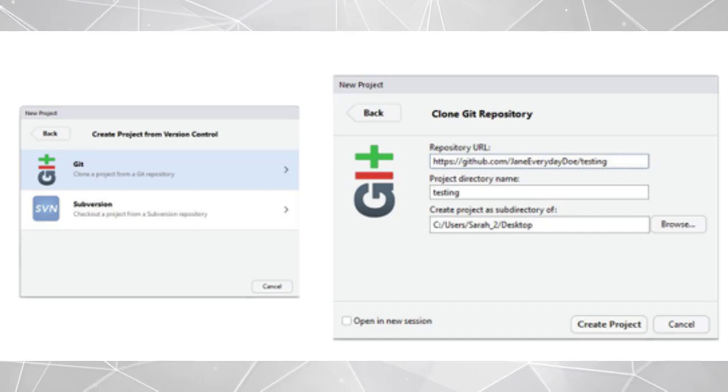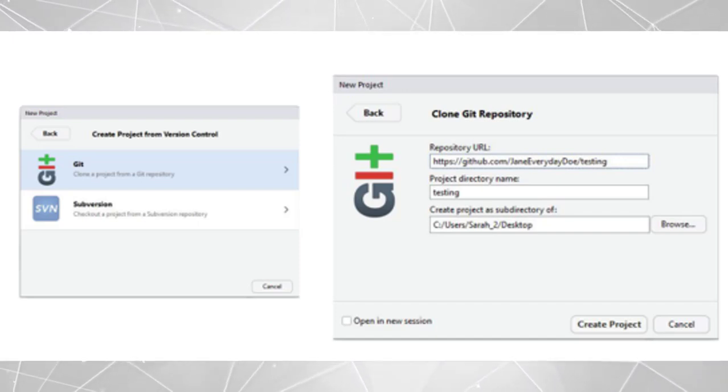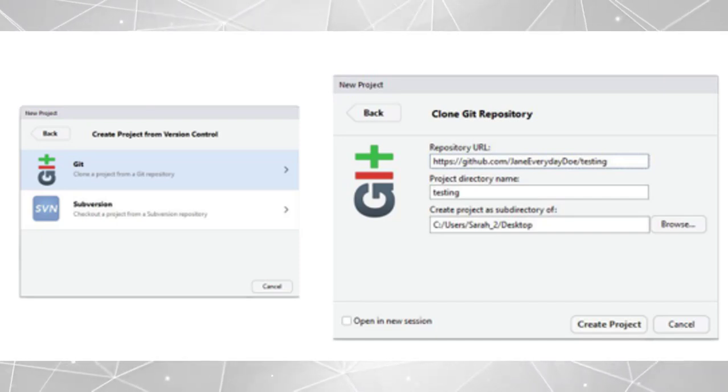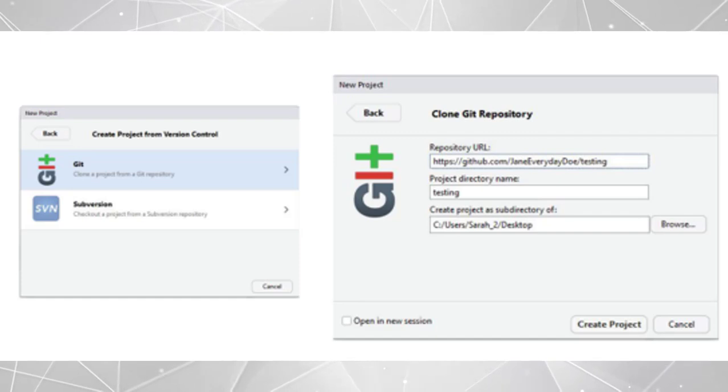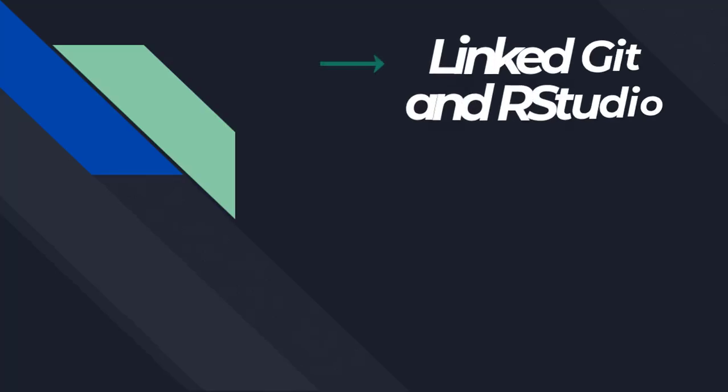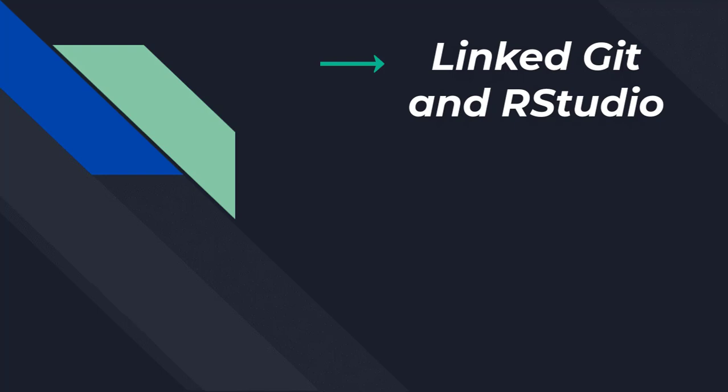Create the project now. All the existing files in the repository should now be stored locally on your computer and you have the ability to push edits from your RStudio interface. The only difference from the previous linking is that you did not create the original repository; instead you cloned somebody else's. So in this lesson we linked Git and RStudio so that RStudio recognizes you are using Git as your